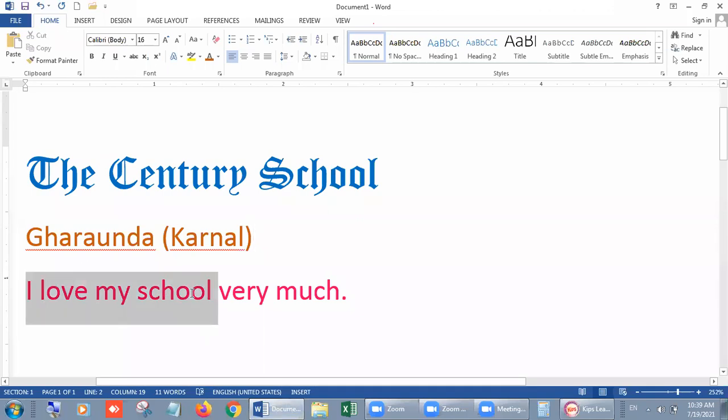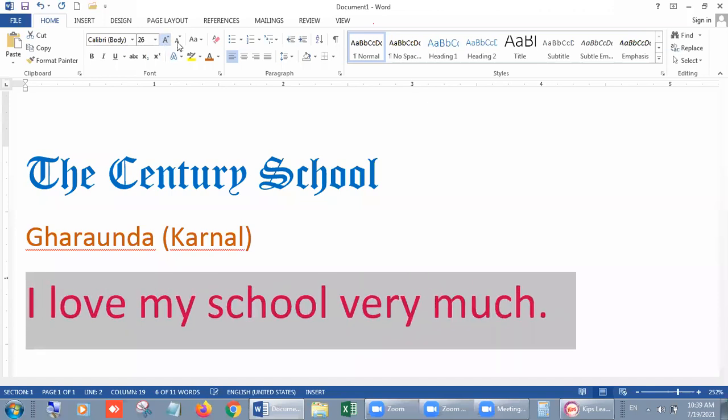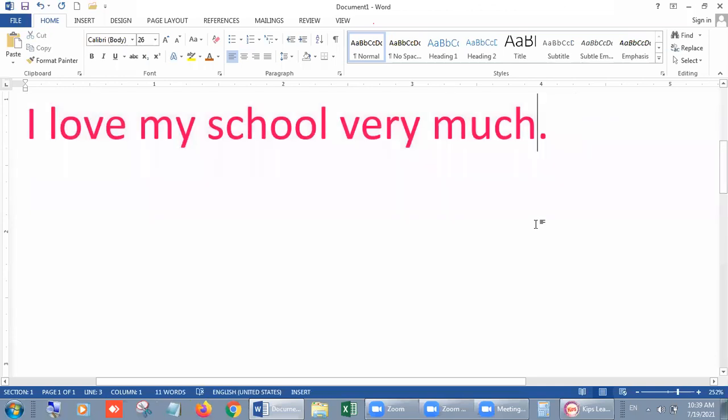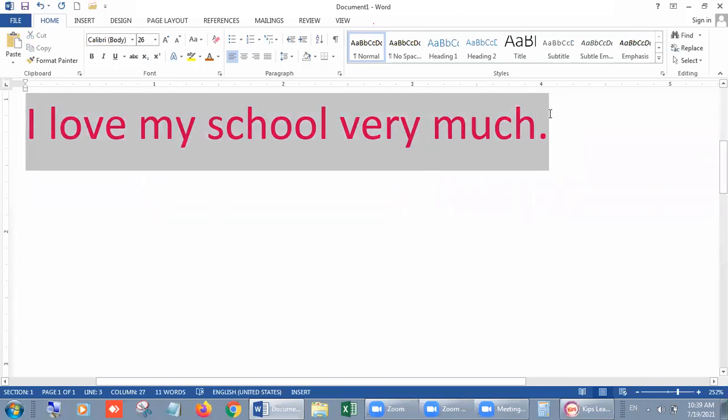Look, students, I am going to show you by this example, and I am going to enlarge it first so that you can understand. Look, student, this is I love my school very much. Whatever words you want to change, you have to select them. Without selection, we can't apply any change.